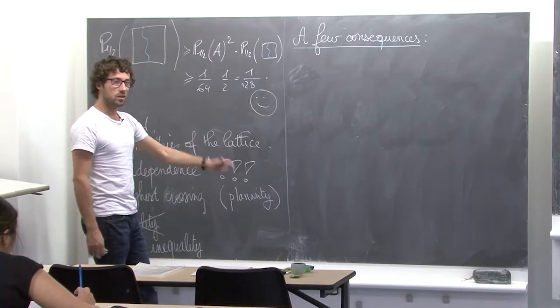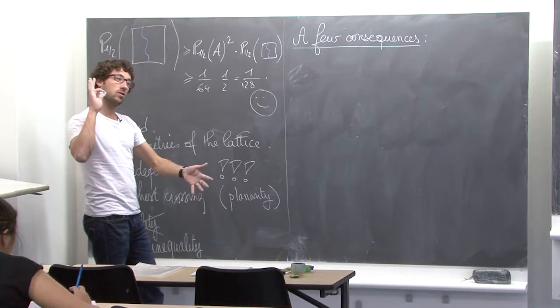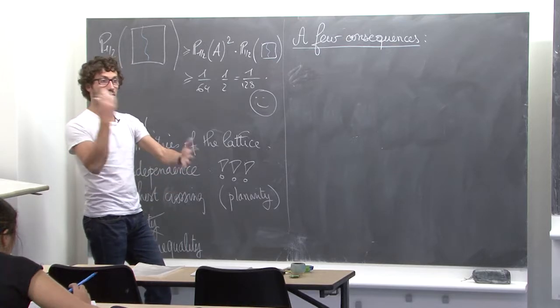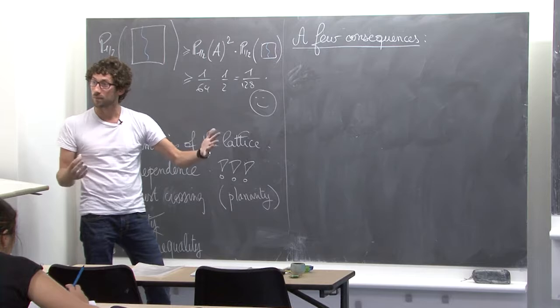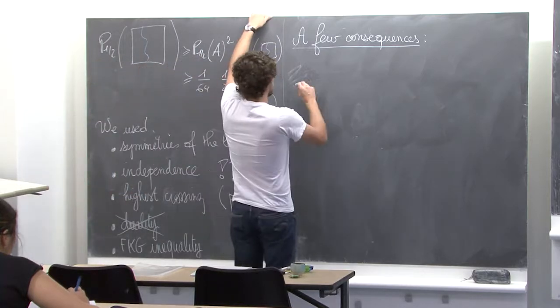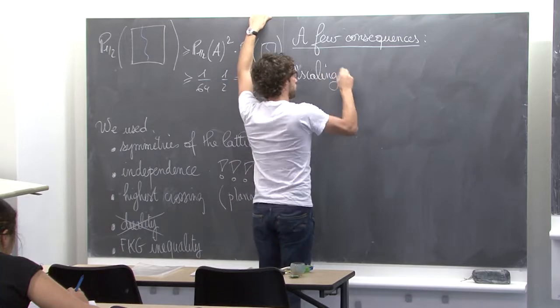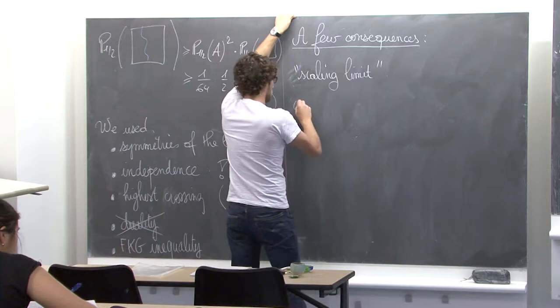You can see it in a dual way and say, okay, I fix a shape, and I take a smaller and smaller mesh size lattice. It's exactly the same, right? It comes down to just looking from farther away at the same graph. So that's what we call taking the scaling limit. So the scaling limit is the following. You just consider the model.